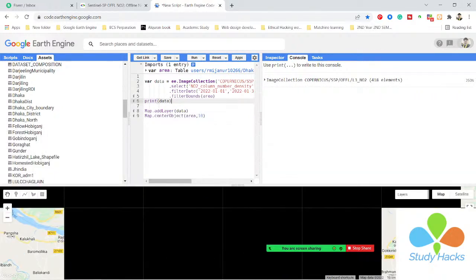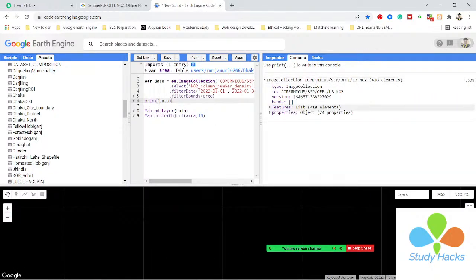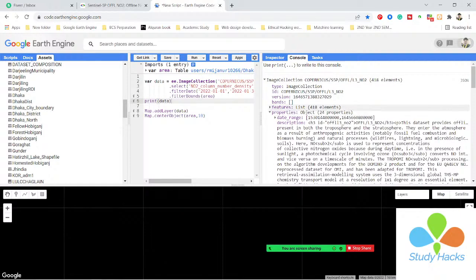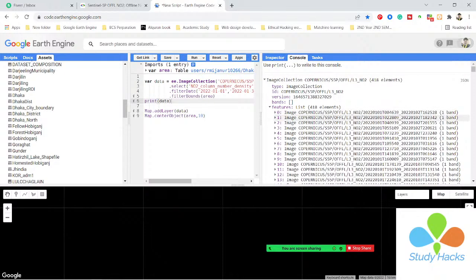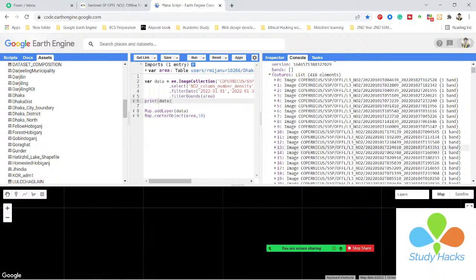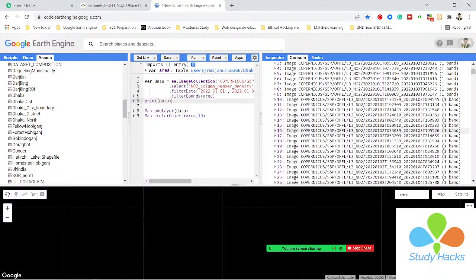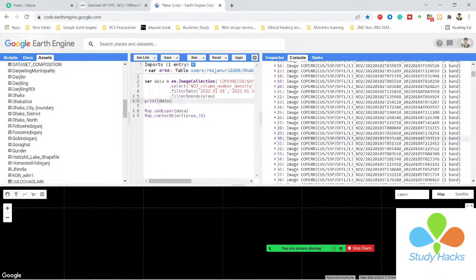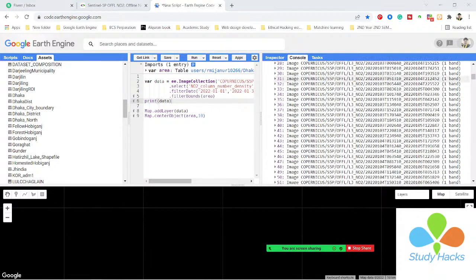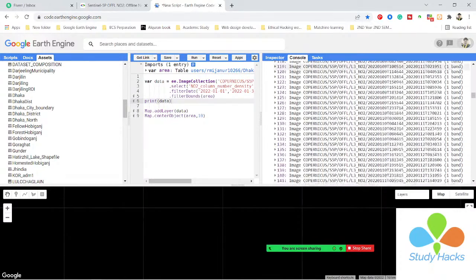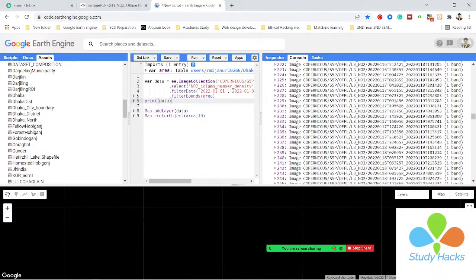Let's see. From the feature, you can get this data. Some data will be taken on the 1st of January, some data on the 2nd of January. Then some images will be captured on the 3rd, 4th, and 5th of January. All of the images will be taken in this month, and here we can get a total of